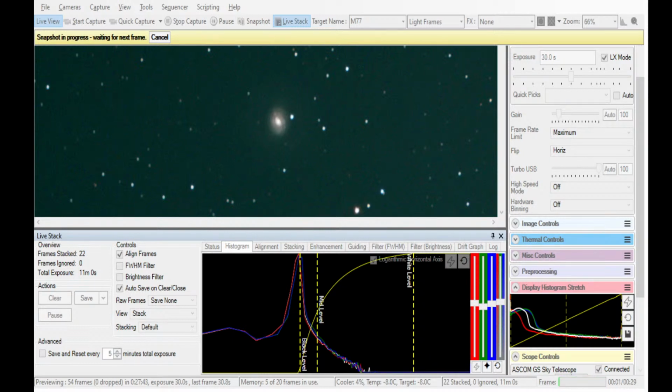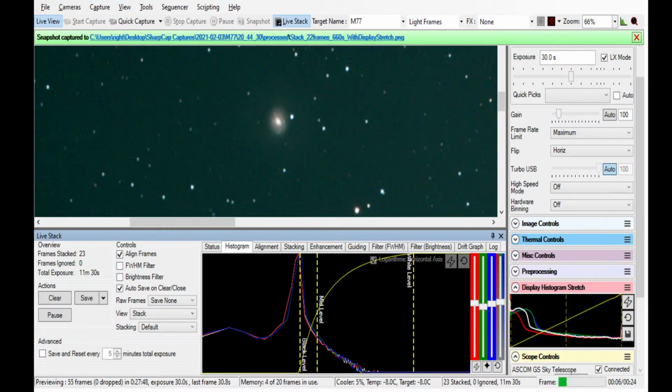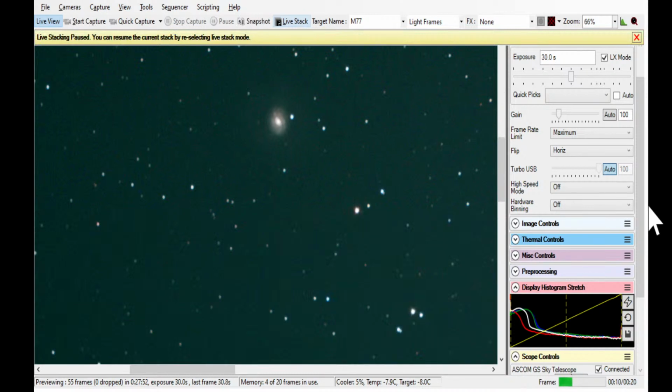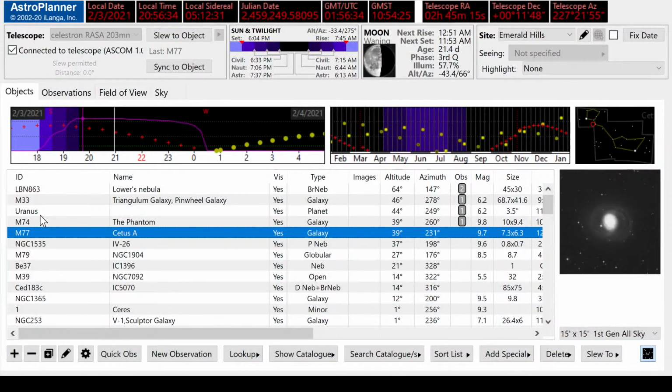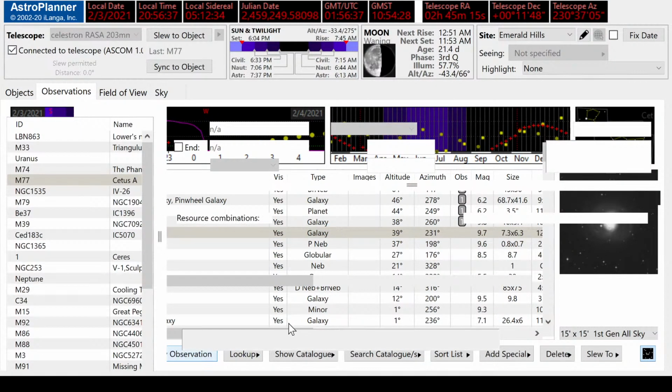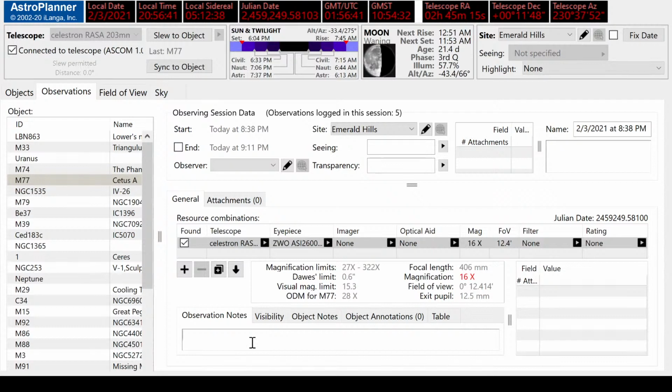And we've got 4 people with us. We are winding up on our last 4 minutes. We've got that saved. We're going to go back into our targeting software, and we're going to say new observation, and we're going to say pulled